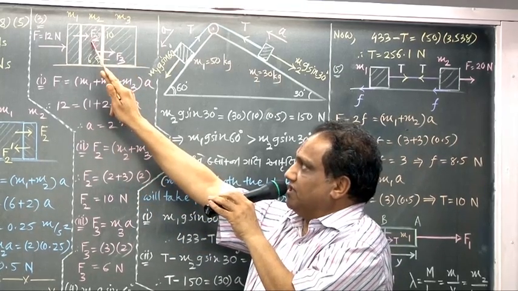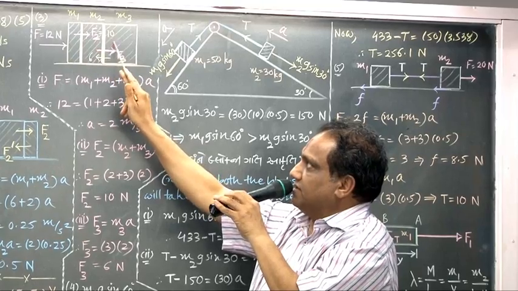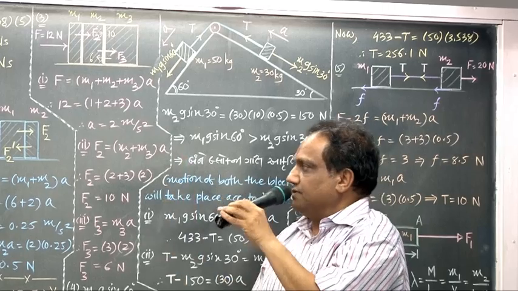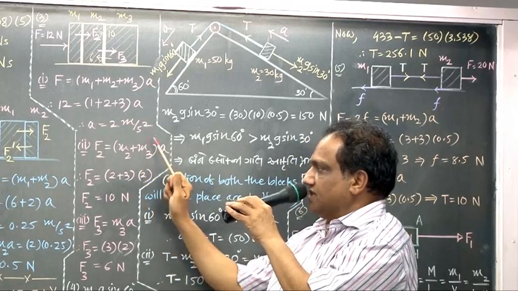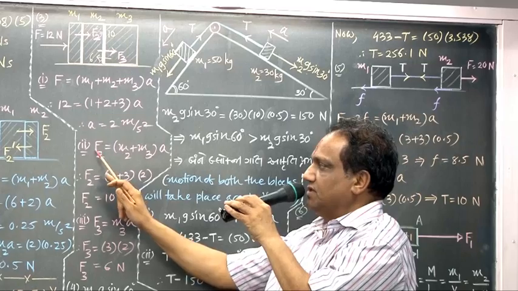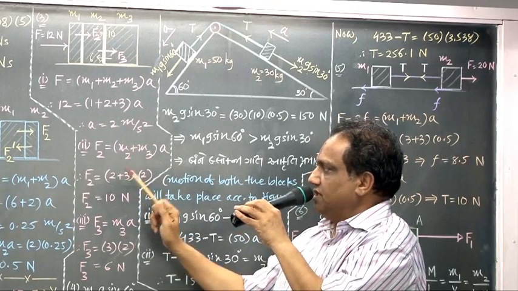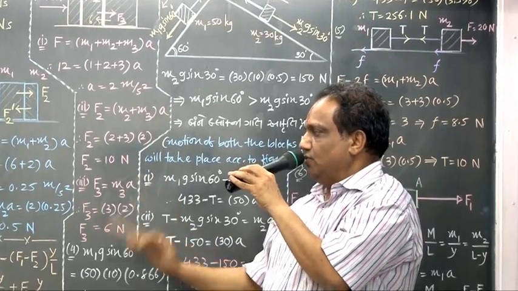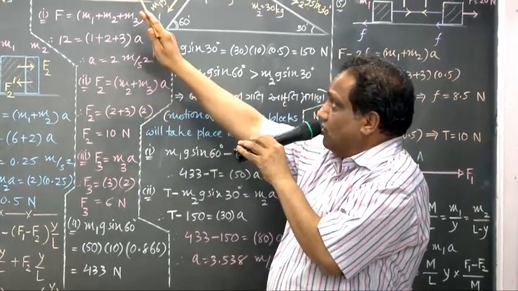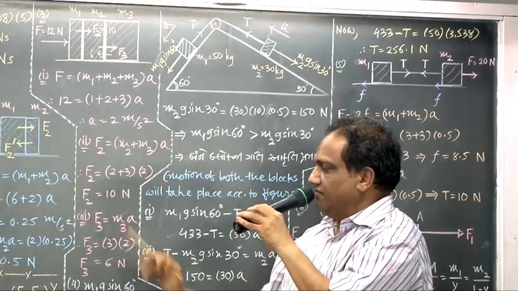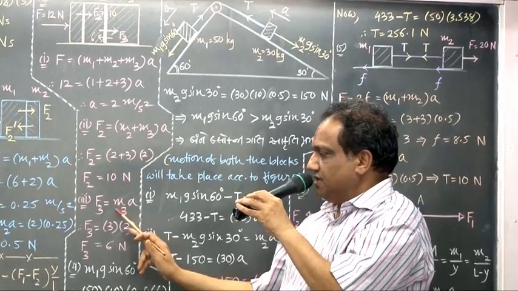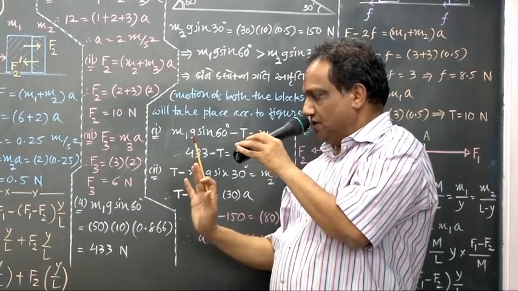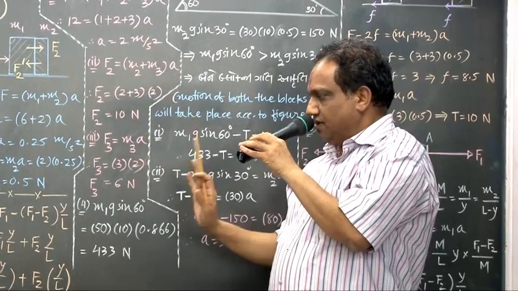Suppose F2 is the force exerted on this combined mass, say m2 plus m3. So force equals mass into acceleration. Here you should write that mass which is pushed by this much force. m2 is 2 kg, m3 is 3 kg, a we have found out is 2. 3 plus 2 is 5, 5 into 2 is 10 Newton. Force exerted on third block will be F3, which is mass m3 of 3 kg into a of 2 meter per second square, 3 into 2 is 6 Newton. So your textbook sum is over.